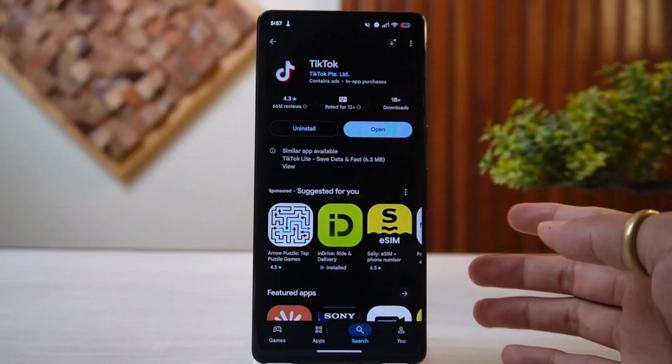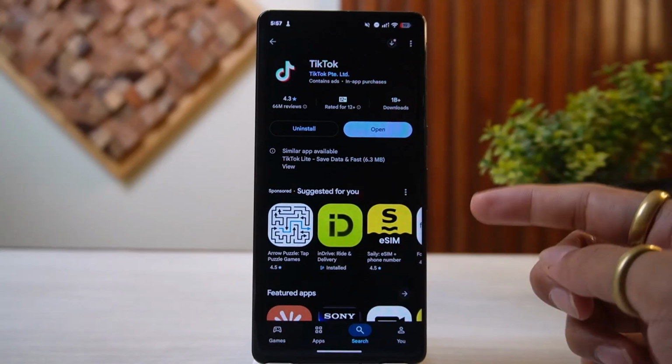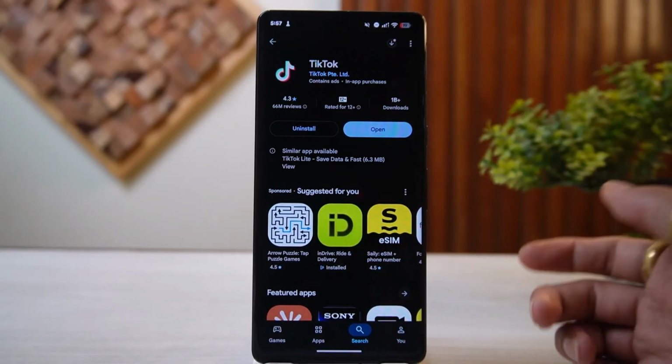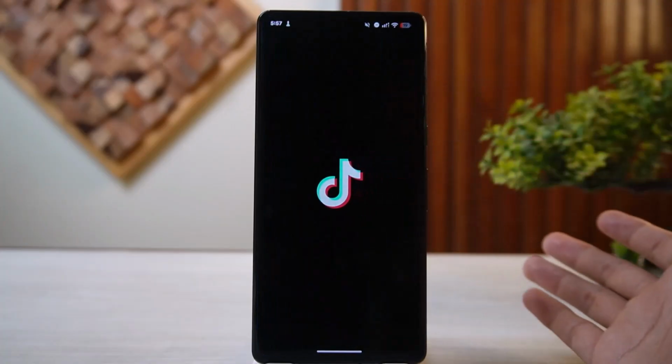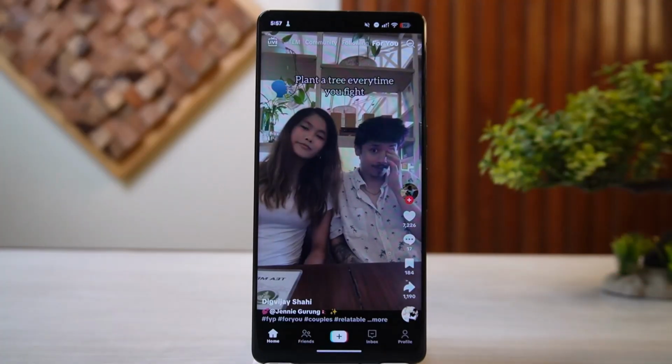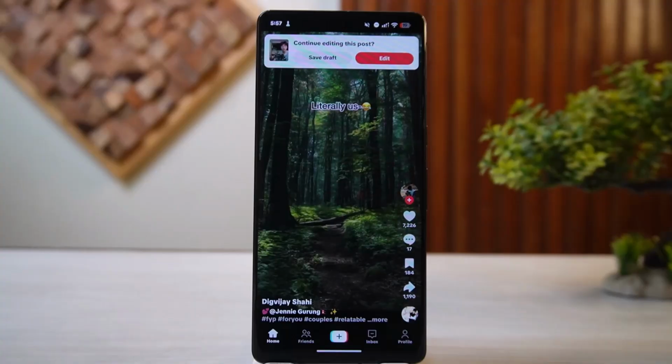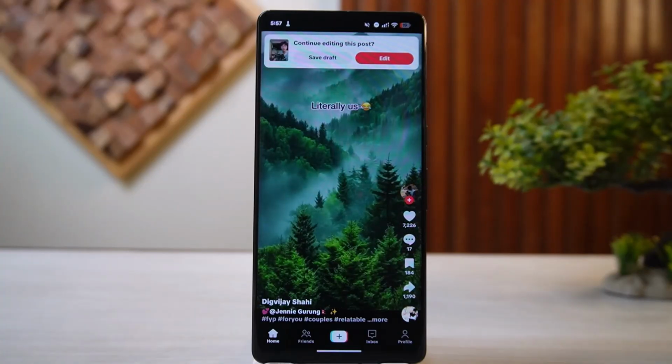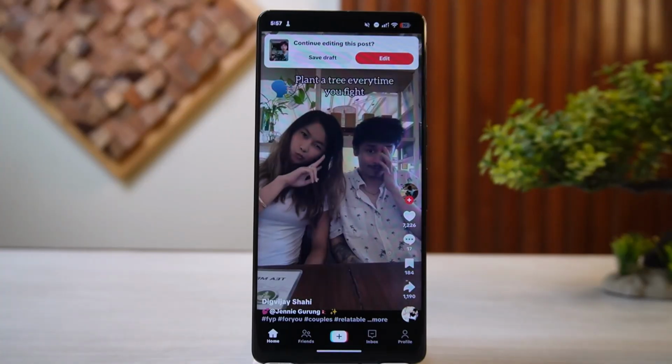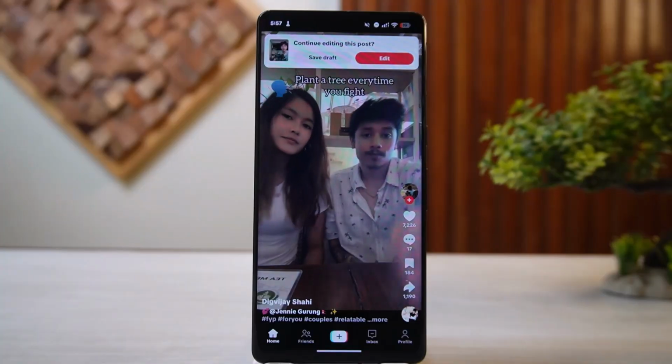How to use TikTok promote feature step by step. To use the TikTok's promote feature, first of all, launch the TikTok application onto your device. Once you open it, all you have to do is make sure that your account is eligible for this feature as well. Now to set this up, you simply have to go ahead and launch the application itself,